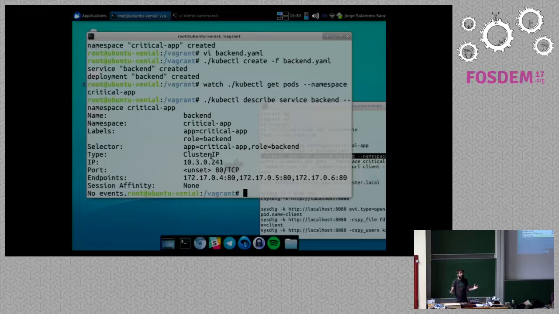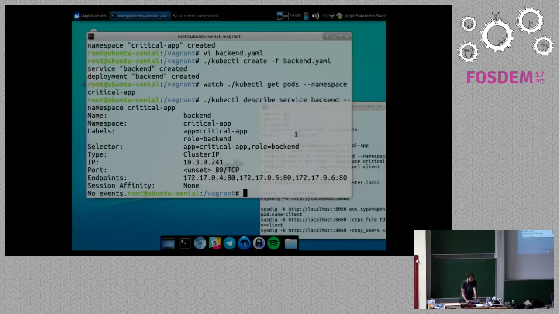In this case, I'm just using a load balancer on one fixed IP address. We can do this with DNS round robin, but in this case, we keep it simple. So we know that our backend service gets that IP address, .241, and I got these 3 different endpoints, my